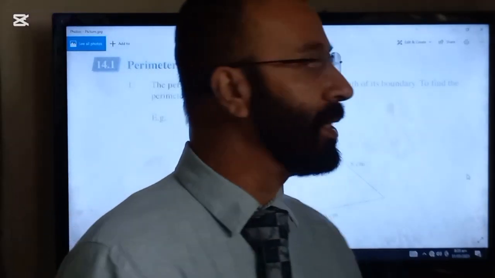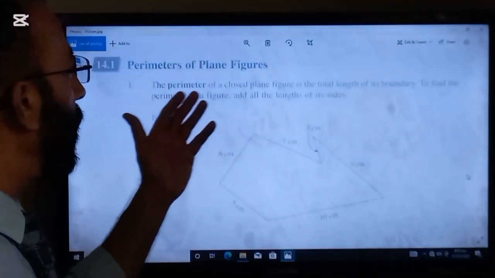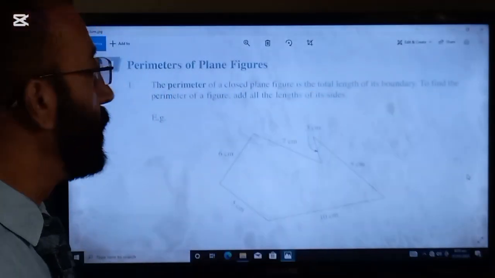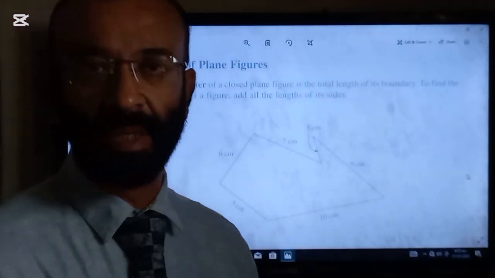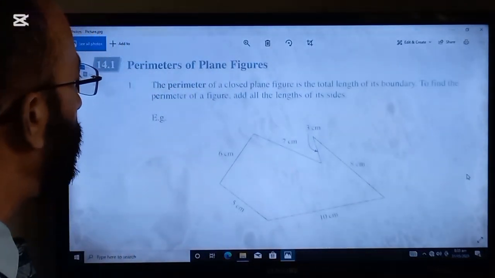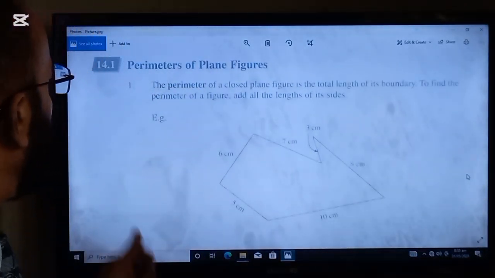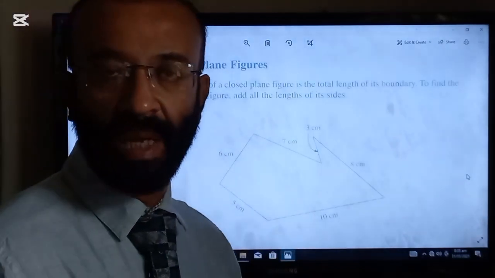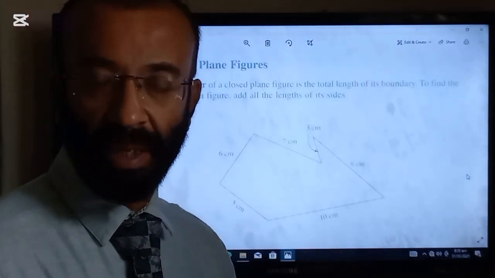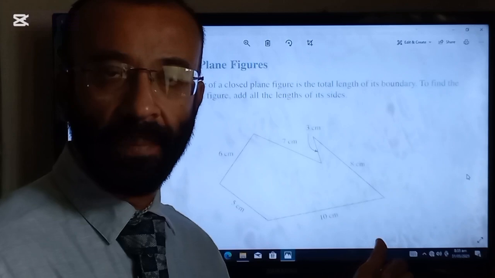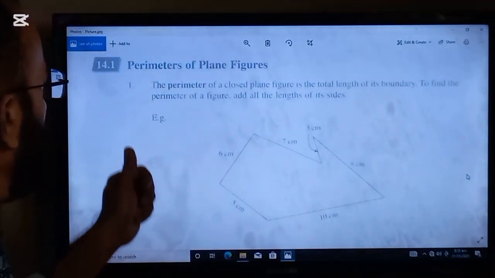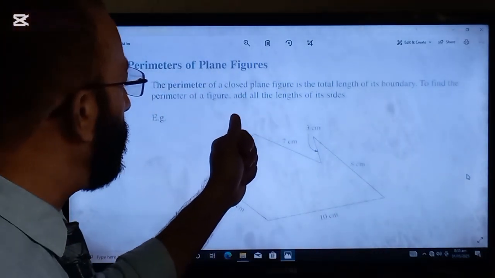Good morning, students. Today's topic in mathematics is the perimeter of plane figures. So concentrate. This is a very important topic as far as your maths paper is concerned in O levels. The points and concepts which you must learn and understand about this topic are: the perimeter of a closed plane